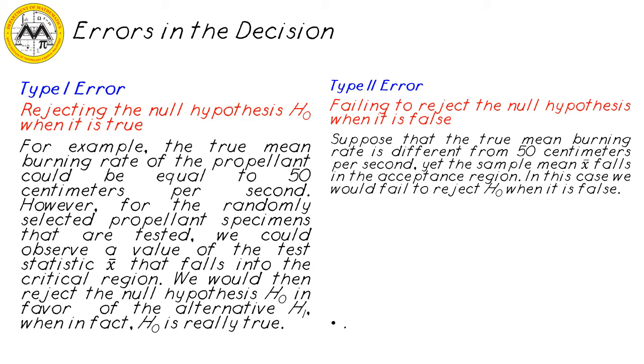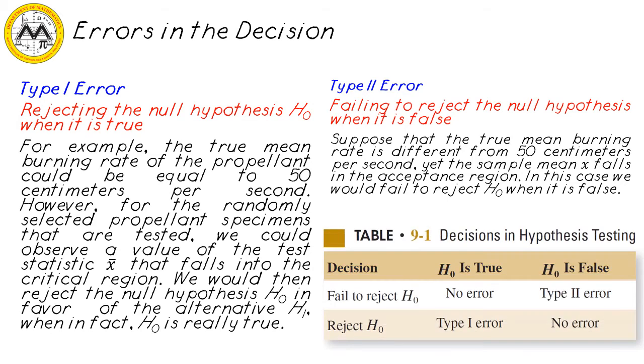A type 2 error occurs when we fail to reject the null hypothesis when it is false. Suppose that a true mean burning rate is different from 50 centimeters per second, yet a sample mean falls in the acceptance region. In this case, we would fail to reject H0 when it is false. So we have